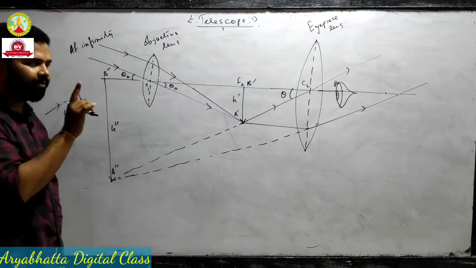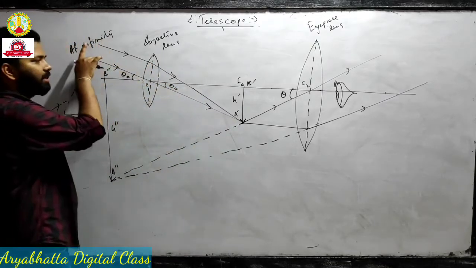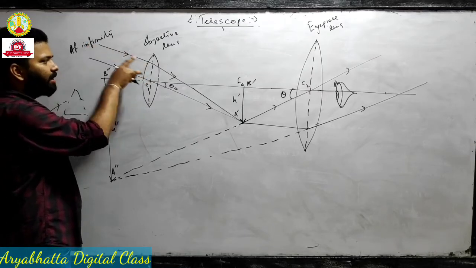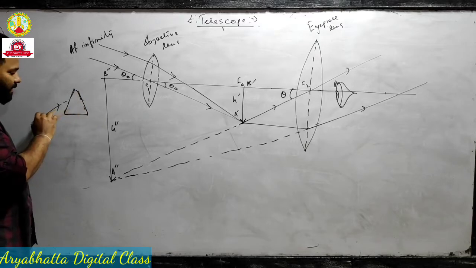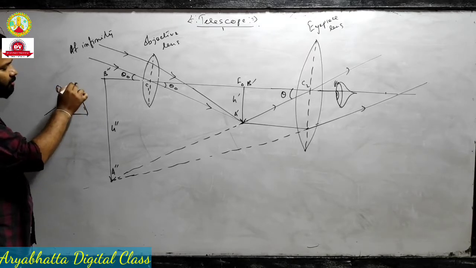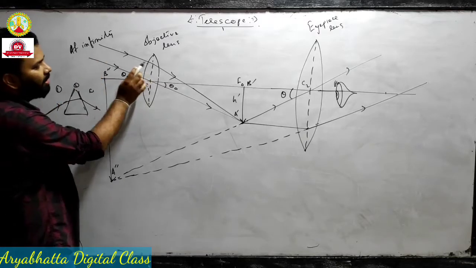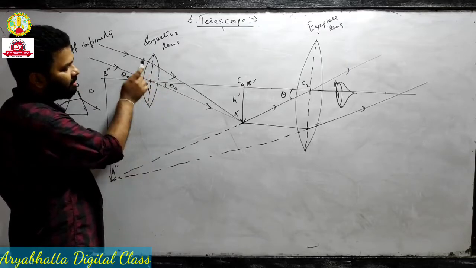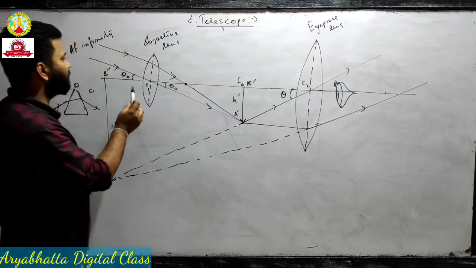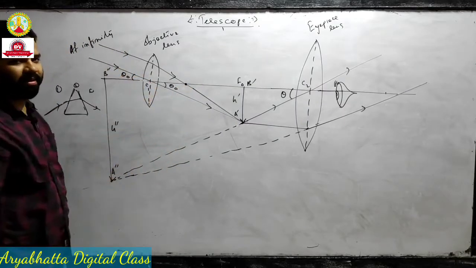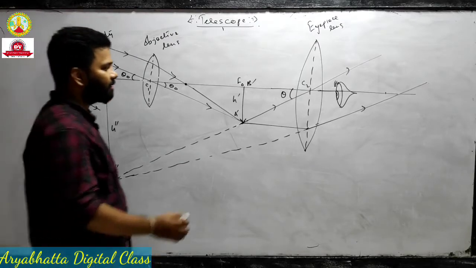No, because we already know that if the light rays that are parallel to the principal axis, it will pass through the focus. This one is a simple light ray that is coming at certain angle, and I have given you this one as an understanding diagram, that if light rays are traveling from medium 1 to medium 2, then again 1, then it will travel in the downward direction. So it will also travel rarer to denser, then denser to rarer, no? So it will travel downward direction. But remember, this is not the focus. Why? Because this light ray is not parallel to the principal axis. Only the light ray which is parallel to the principal axis will pass through the focus.